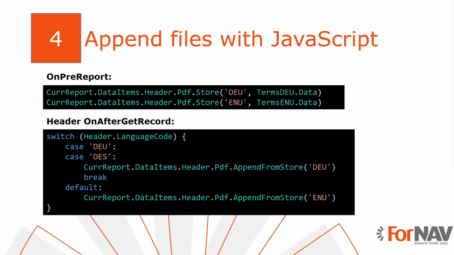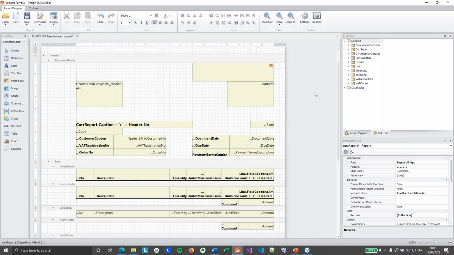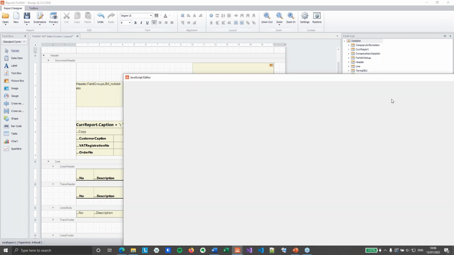Finally, we got to the nicest part of this coffee break. At least I do. I like JavaScript. So we are going to append the files with JavaScript. It's not that hard to do. All we need to do is add these terms and conditions to the PDF store, and then use them based on our header language. So the first thing we're going to do is in the onPreReport,